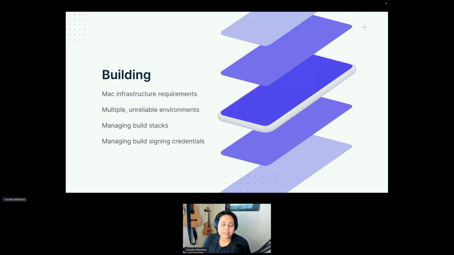When we think about building for mobile applications, we're actually creating a native binary, like an executable file that will run on a native device. So because of this, we actually have to go through that compilation process. This has specific infrastructure requirements, depending on if you're building for iOS or if you're building for Android. For iOS, you do have to have Mac infrastructure, so you need a Mac machine in order to build for iOS. You don't necessarily need a Mac machine to develop for iOS, but you do need it for the actual